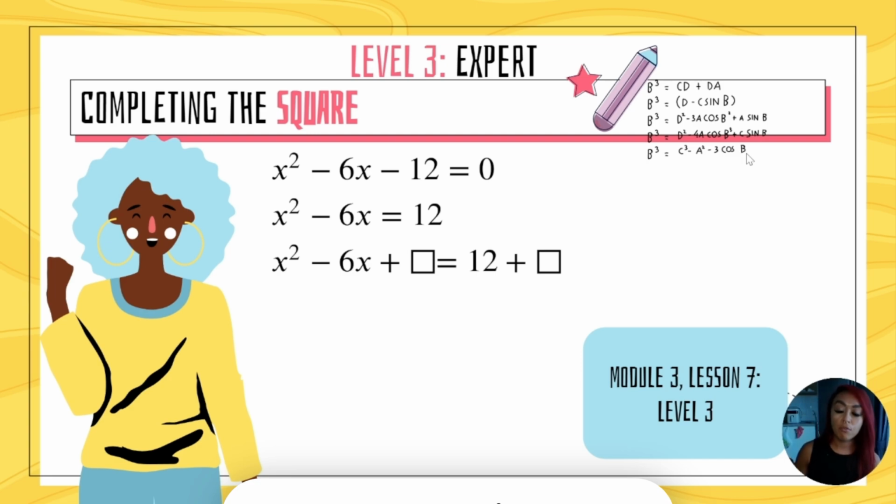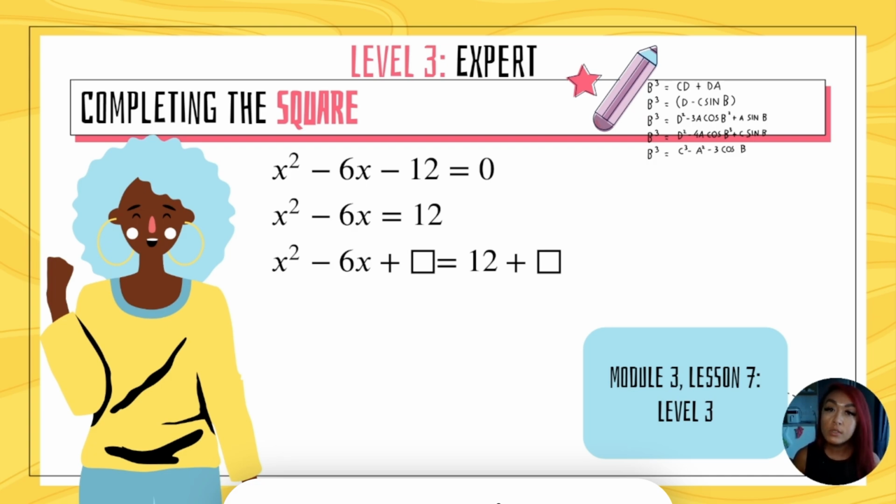Moving on to Level 3. In Level 3, you're going to have to recall a skill that we learned when we worked on solving quadratics, right? We learned a method of solving quadratics called completing the square. So if you don't remember how to complete the square, please go back to Module 3, Lesson 7, Level 3. Review that video, review your notes, review your problems, because you will need to complete the square in this level,